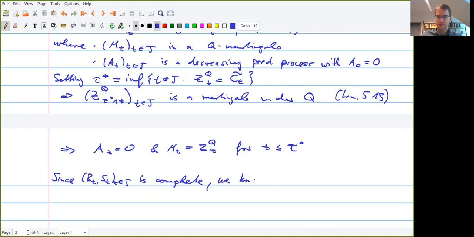We again know this, it's a proposition from a few weeks ago, which tells us, well, if I have a complete market, well, there exists a self-financing trading strategy